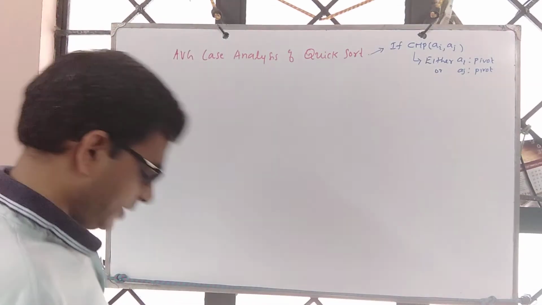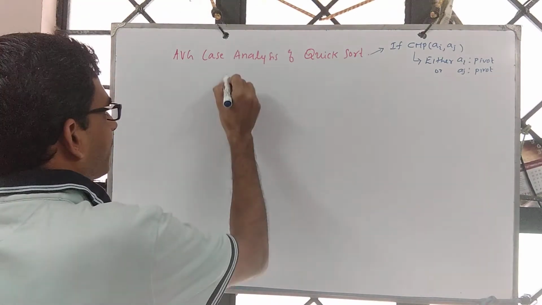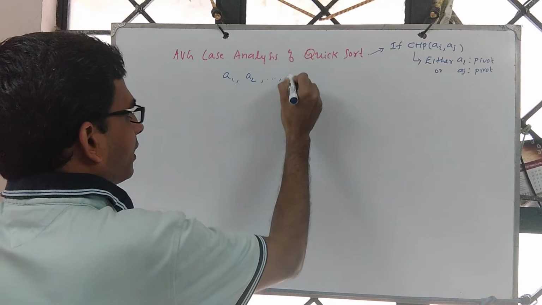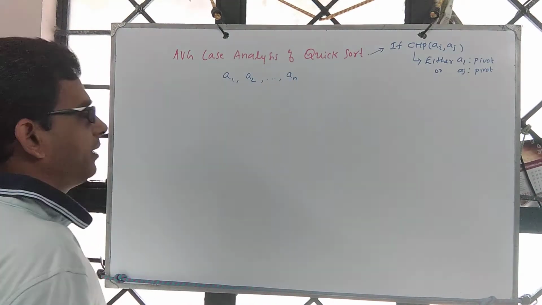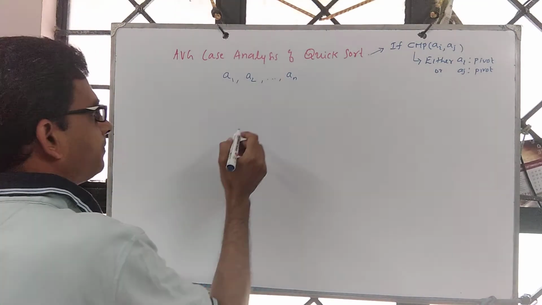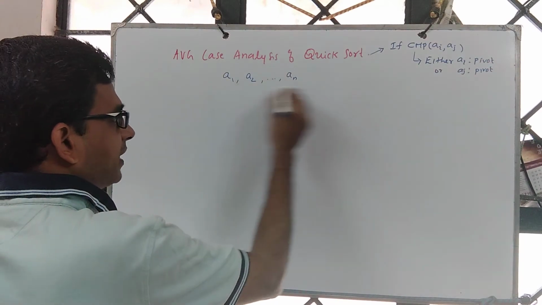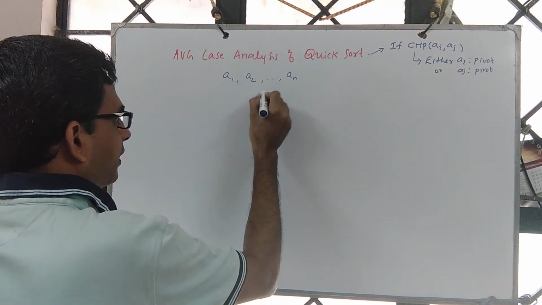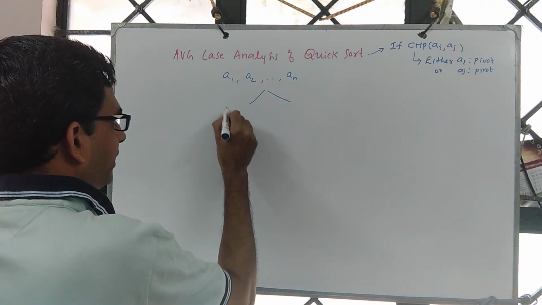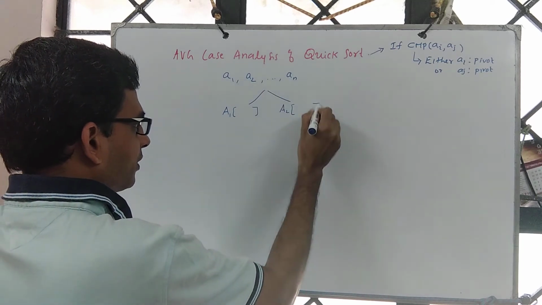We'll continue our discussion on the average case analysis of quicksort. So, having defined when exactly two elements are compared, let's look at an array of size n. Now, after say one level of pass through the partition routine, we get two subarrays. Subarray A1 contains some elements and A2 contains some number of elements.